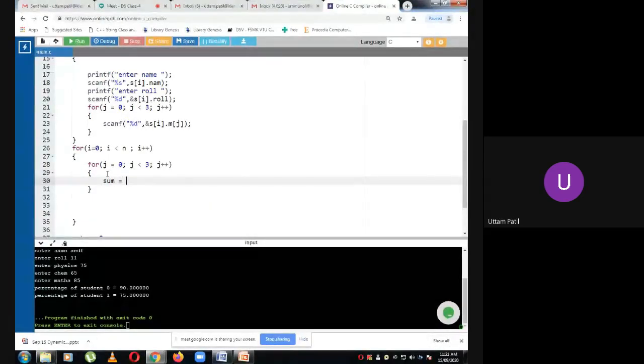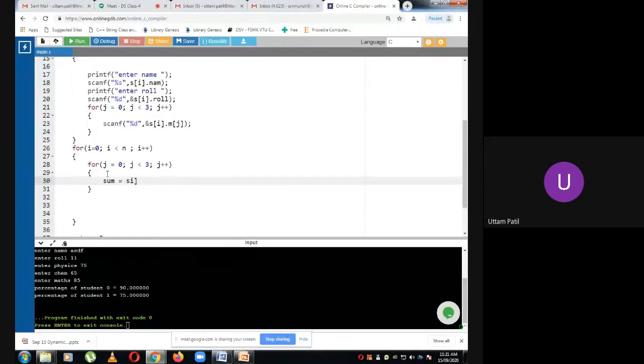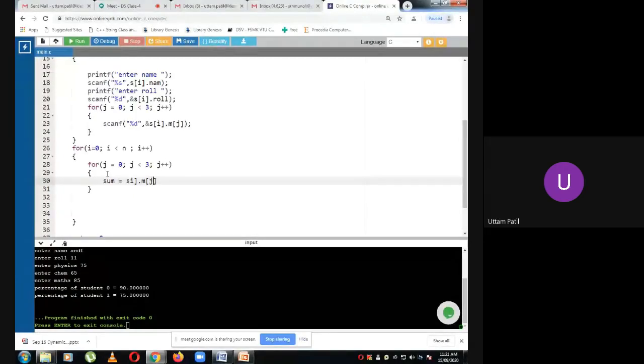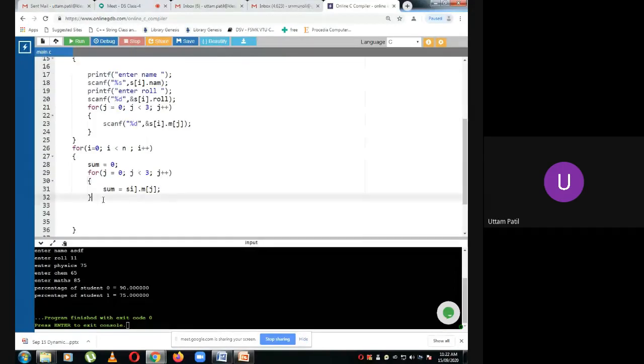Sum is equal to S of I dot M of J. I have to make sum equal to 0 for every student. I have to declare a variable sum.